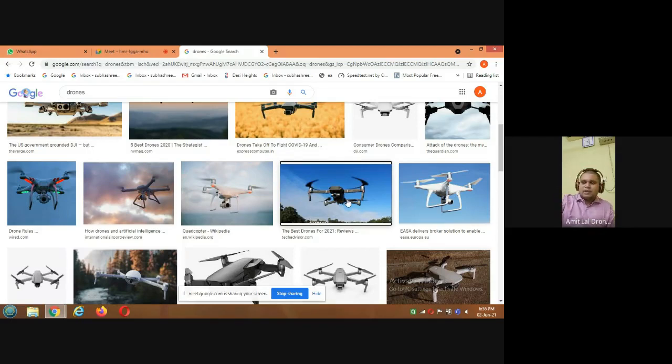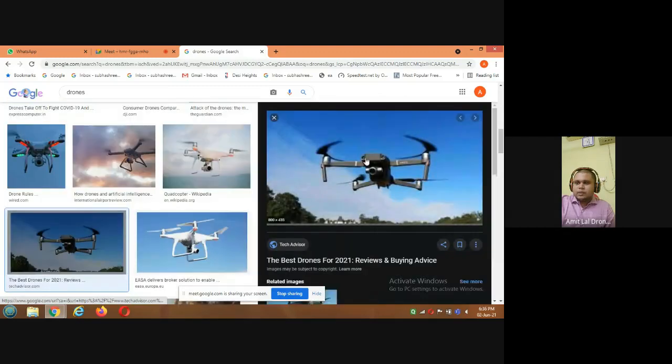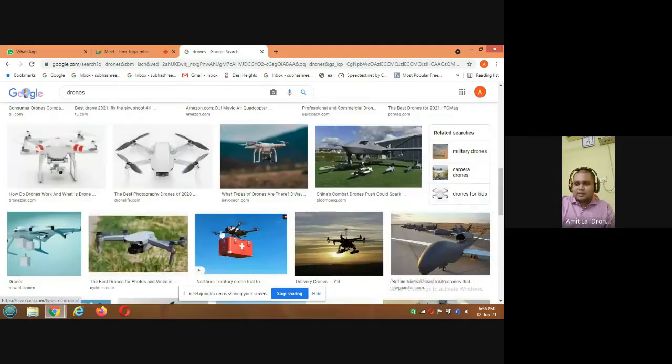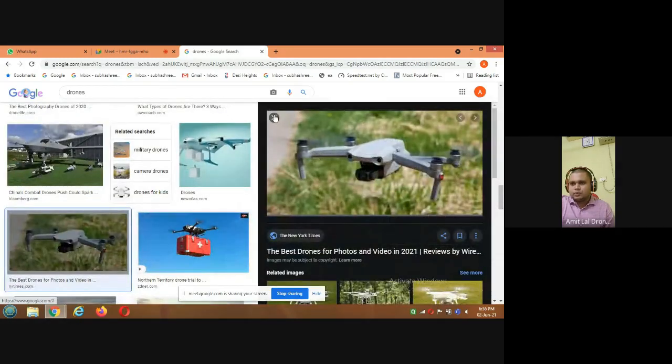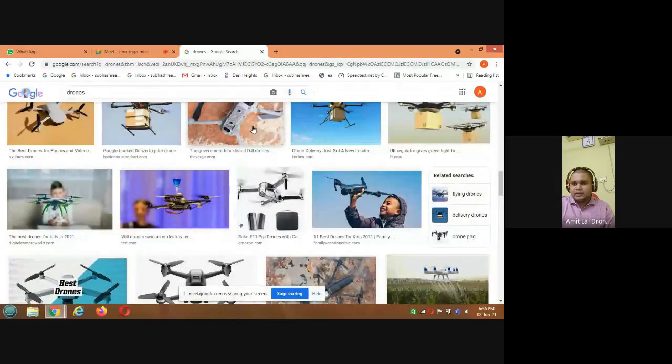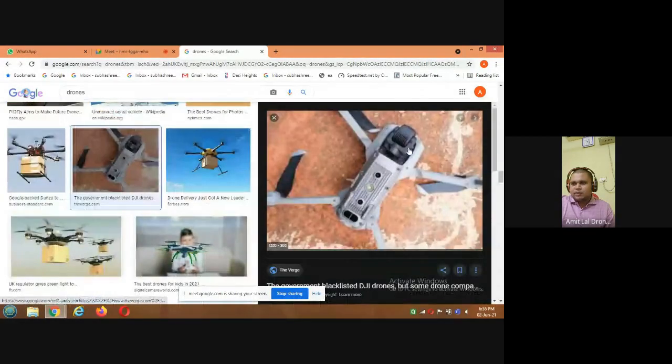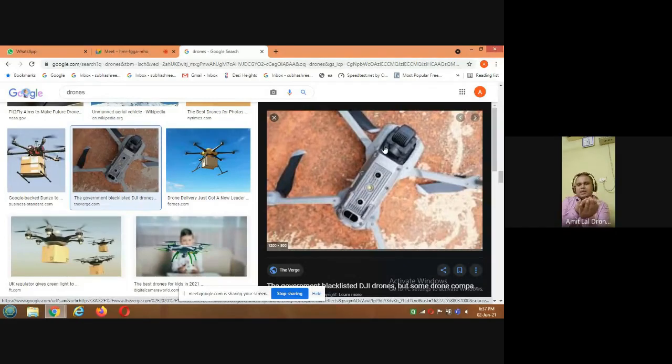See this example. This is a Mavic, and here you can see the camera at the front, and it again has the battery at the back. This is an Air 2, and similarly, camera at the front, and this is the bottom view. You can see this camera is at the front. And this thing that you see is a gimbal. What a gimbal does is it stabilizes the camera footage.